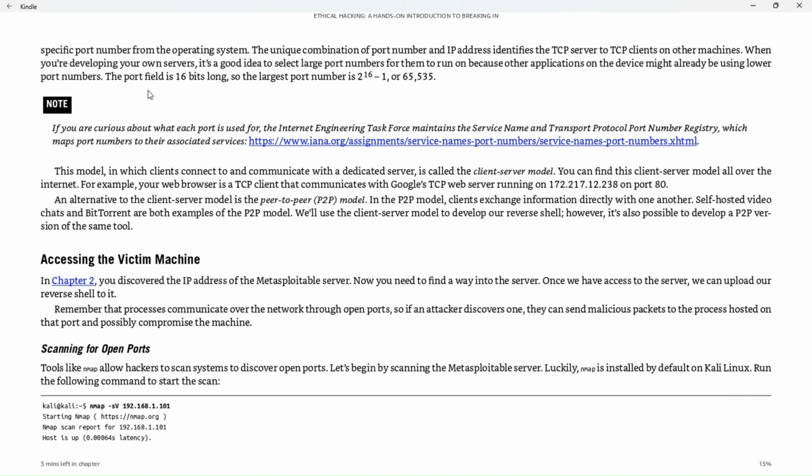Okay, specific port numbers from the operating system. The unique combination of port numbers and IP addresses identifies the TCP server to the client on the other machine. When you're deploying your own server, it's a good idea to select a large port number for them to run on, because the other applications on the device might already be using lower port numbers. That makes sense. The port field is 16 bits long, so the largest port is 2 to the 16